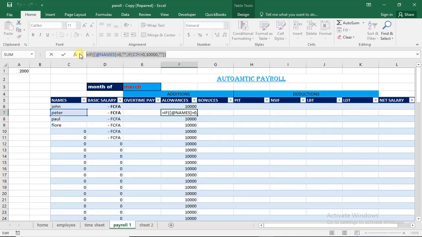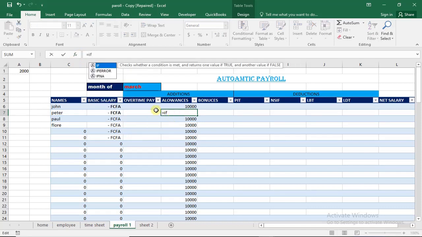Let's delete this formula. We'll say equals to if this cell is equal to 0, then we do nothing, else, if this same cell